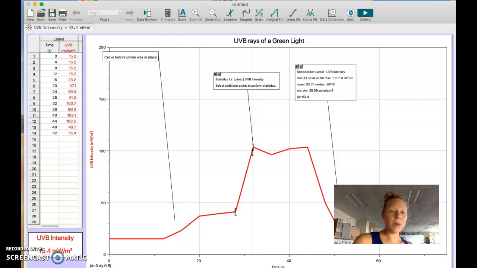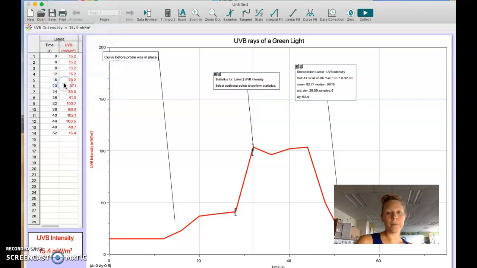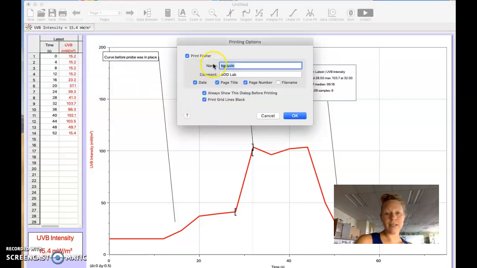Now, to put your name on this, we're going to go to File and Print Graph. On Print Graph, it says name. So my name, Kay Gobbin. If it's two people, make sure you put both of your names on there. And so we're going to label this UVB